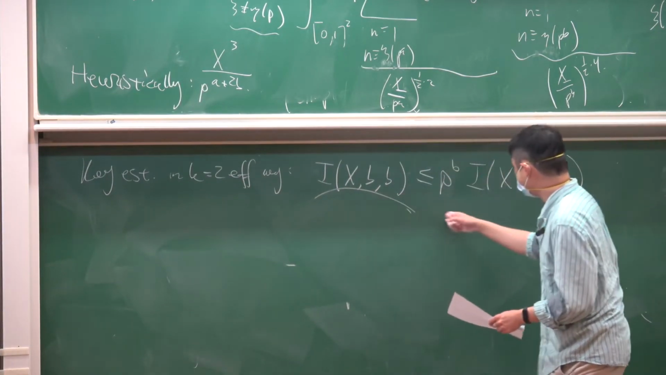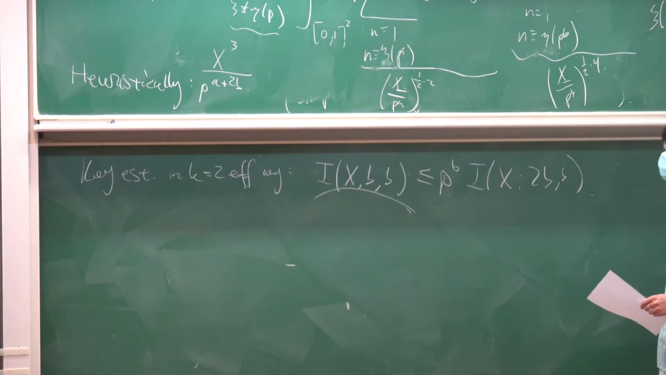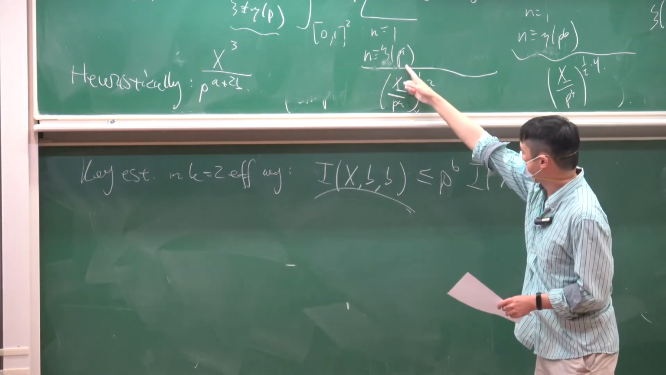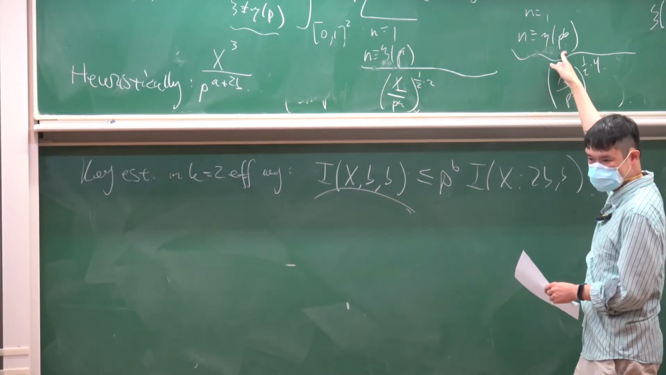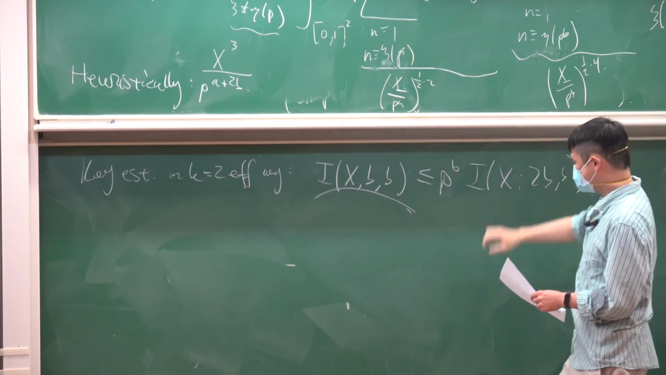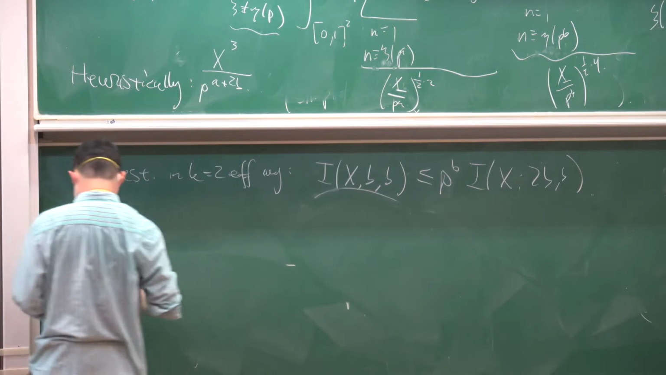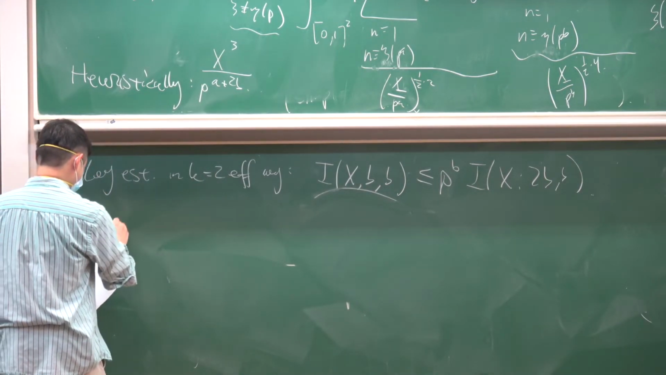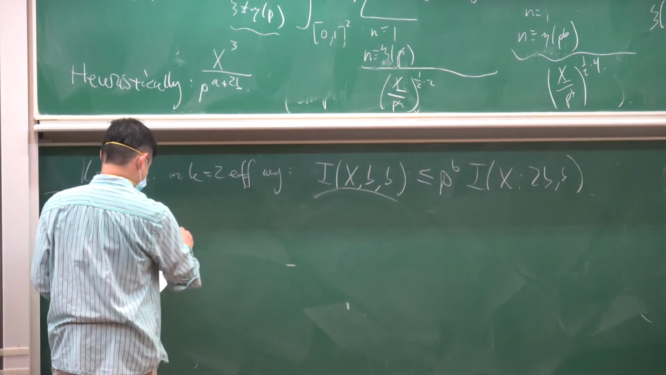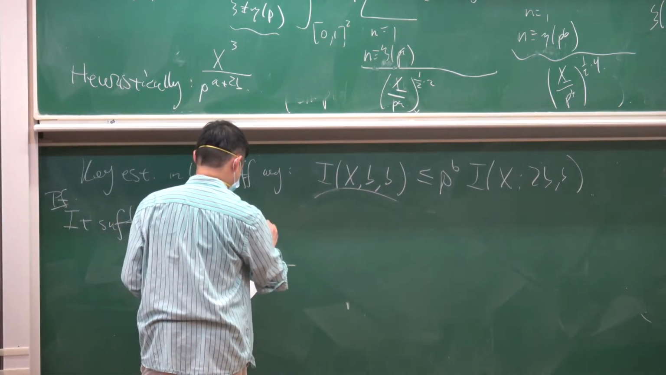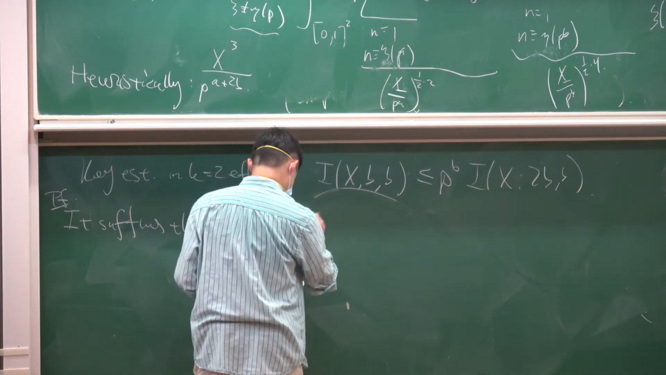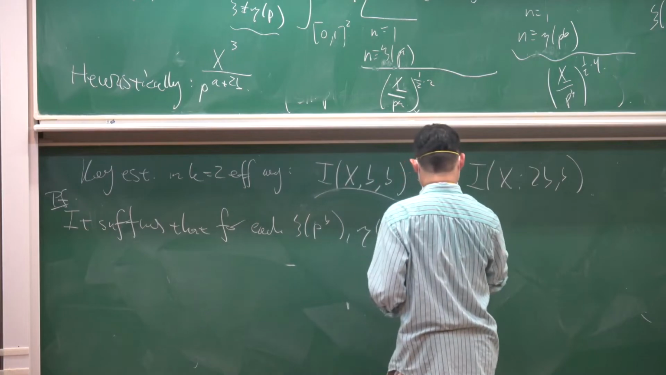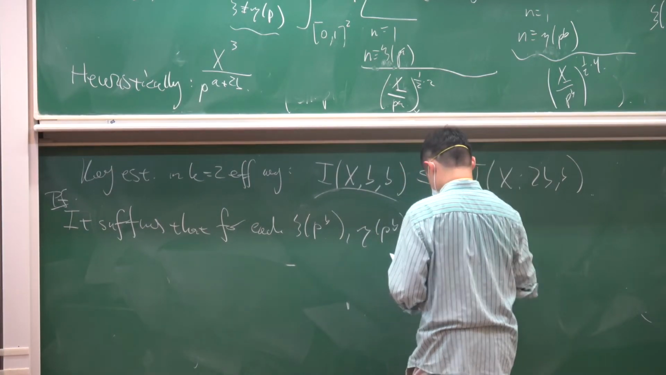Great, I want to prove that I_BB is less than P to the B times I_2BB. So I just need to show, for every C mod P to the B, A mod P to the B, let's write this down. So it suffices to show, proof, it suffices to show that for each C mod P to the B, A mod P to the B, C not congruent to A mod P, that